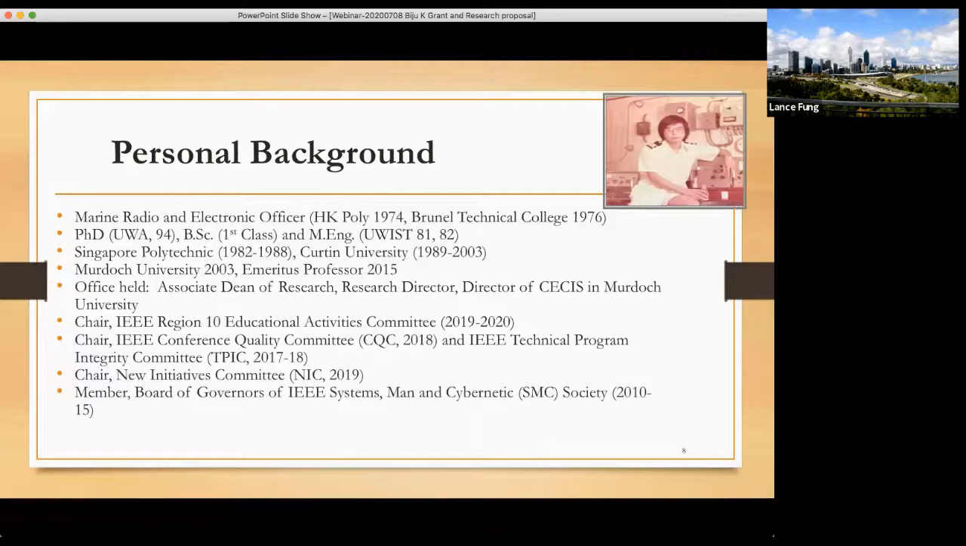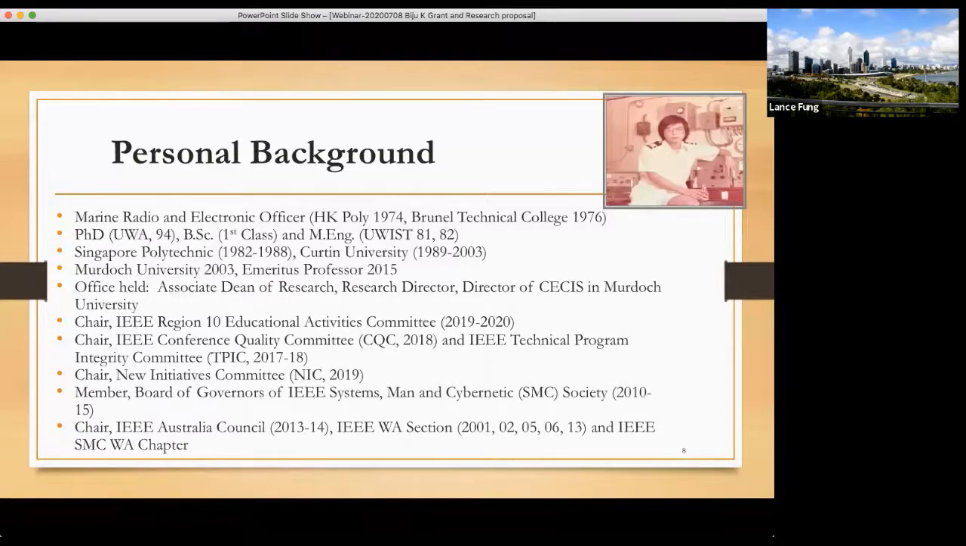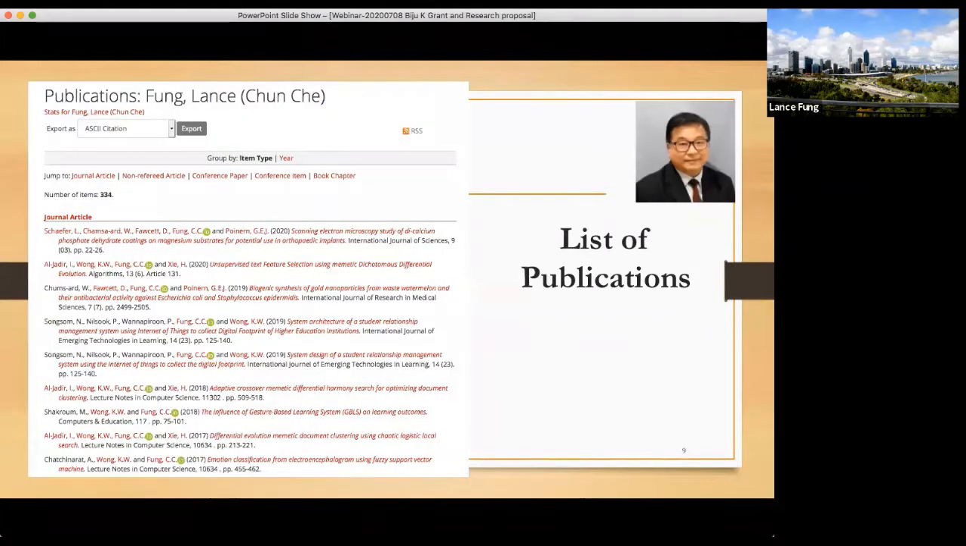I am also involved in the technical societies, mainly with Systems, Man and Cybernetics. I was on the board of governors for 6 years as well. And within the local geographical units, I've been involved in section chapters and was chair of the Australian Council before as well. So coming back to my academic contribution, if you go into my university website, you'll be able to find